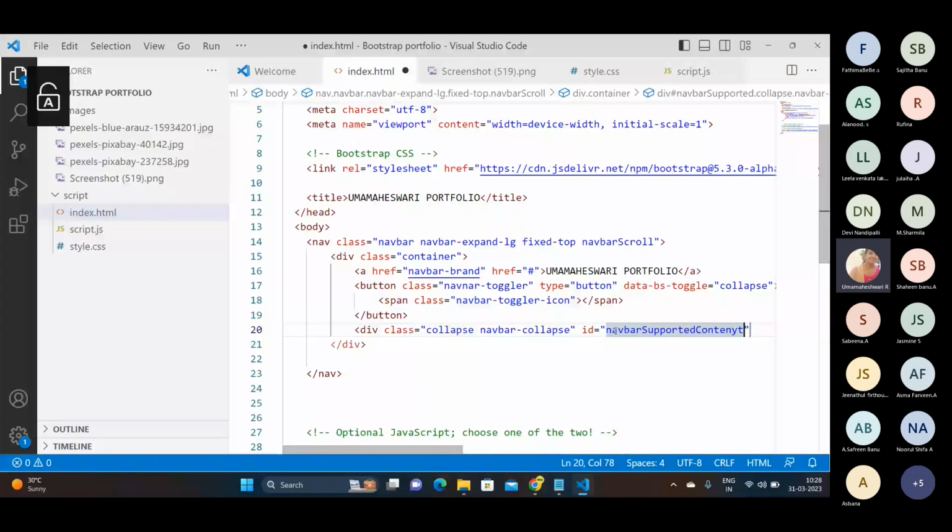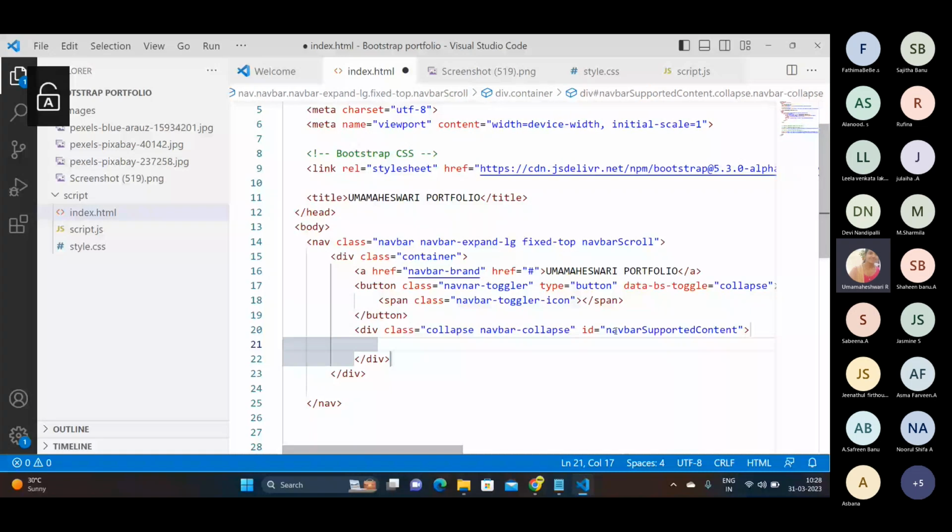So this is another container inside the div container. I'm creating one more container. In this container, I need some navigation collapse inside this. I'm giving an unordered list class